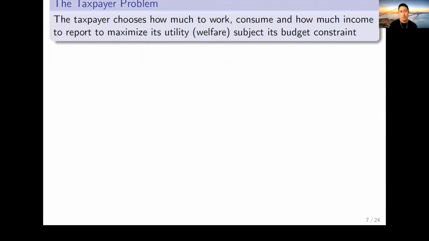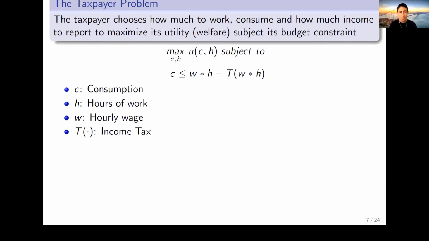So to understand that, let me start with the taxpayer problem. Let's imagine there's a taxpayer, and the problem that it's trying to solve is to choose how much to work, how much to consume, and how much income to report to the government to maximize its utility or welfare, subject to its own budget constraint. So mathematically, we would write that